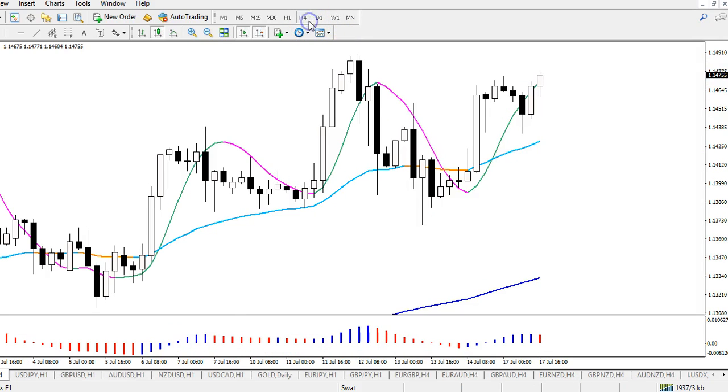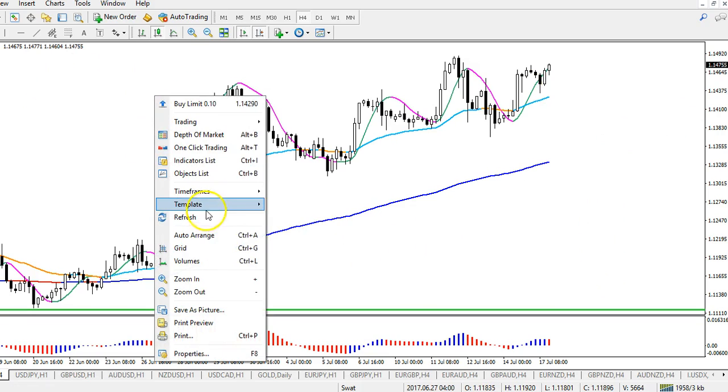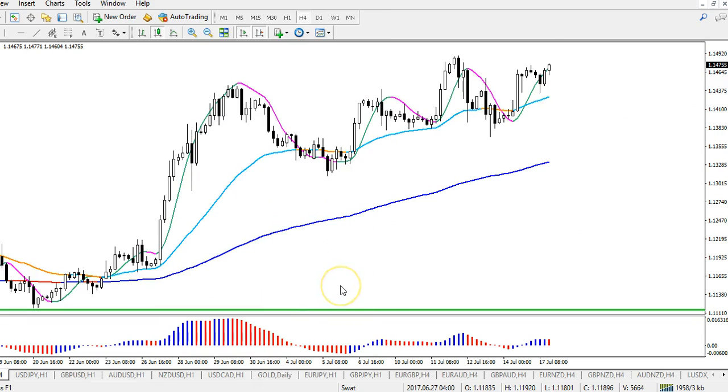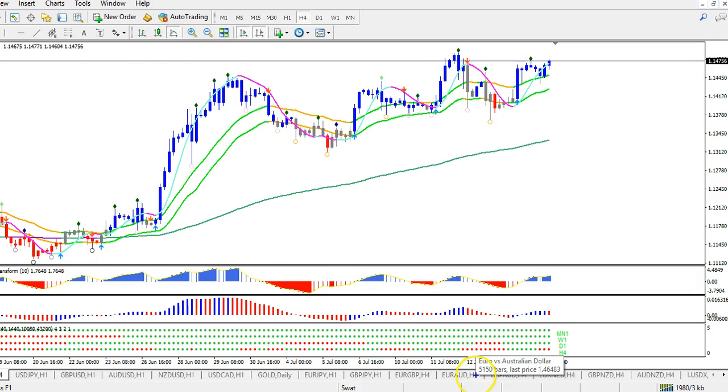Those are good breakout candles. Same thing is valid for the 4-hour chart. But you can see strong uptrend. So the question is a breakout right away or a retracement for more upside later on. So this is the standard template. If we use the SWOT template, you can see here on the 4-hour chart right away, we have different views of looking at it, but this is one of them, and you can see that uptrend